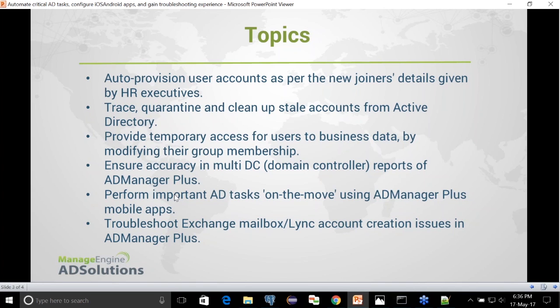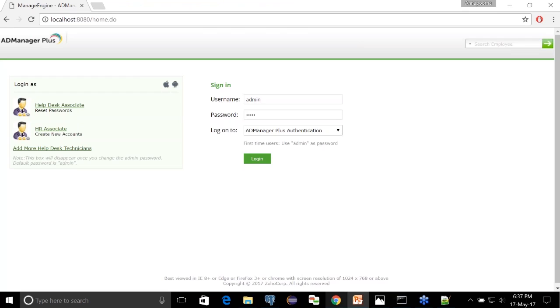And now let's say, for example, you have multiple domain controllers in your Active Directory domain, and you want to get the reports with multiple DC accuracy. Let's say you want to get the logon time for each user account. So logon time does not replicate, and hence you have to rely on the logon timestamp, or you have to go and check in every domain controller. So we have such reports for you, from where you can get the reports by taking the values from all the domain controllers and providing you with the accurate value for that attribute.